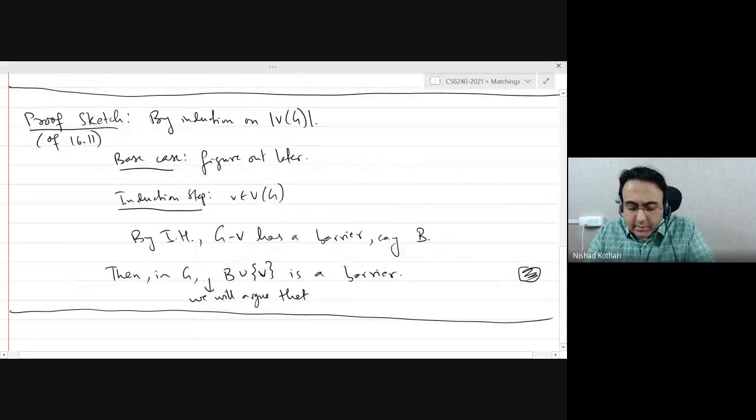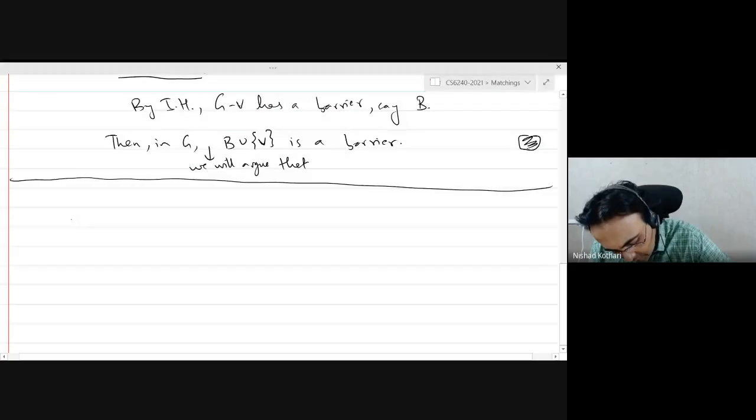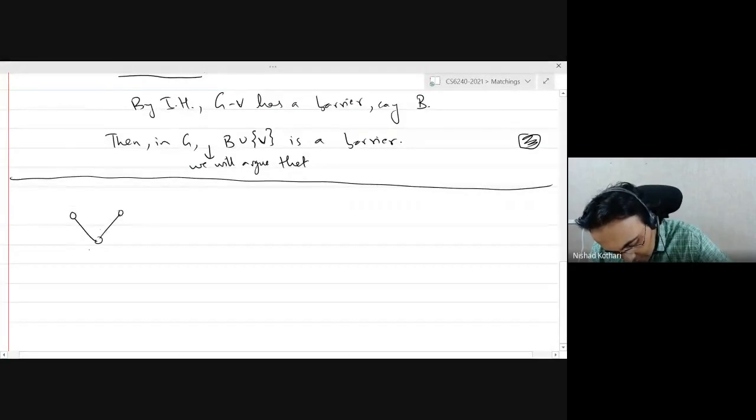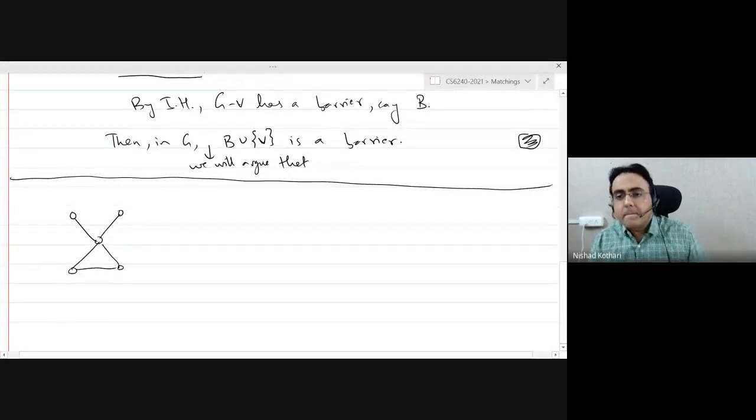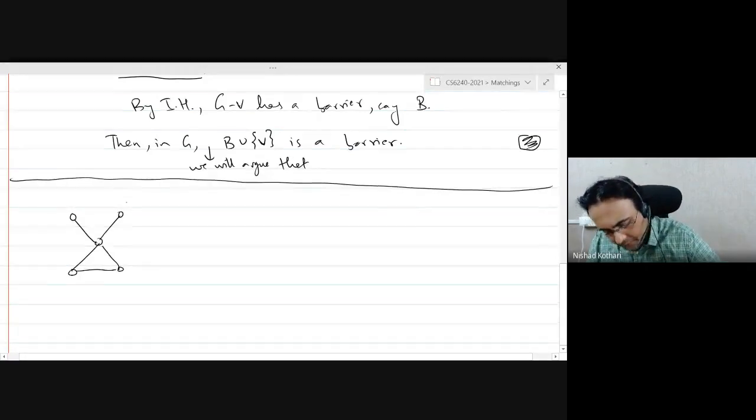The problem is this strategy does not work for any arbitrary vertex. Let's go back to our example. Let me call this vertex v.